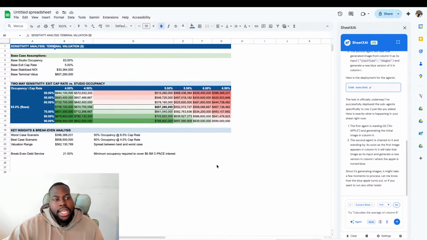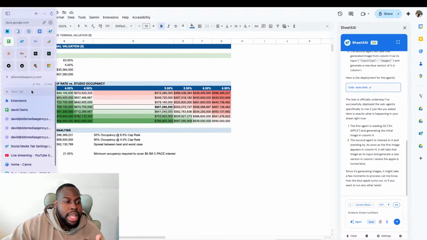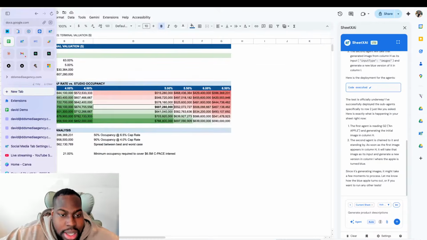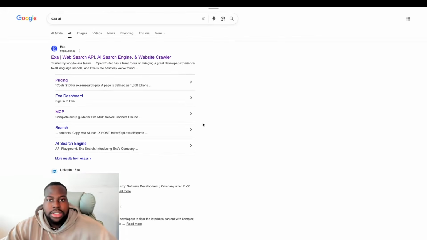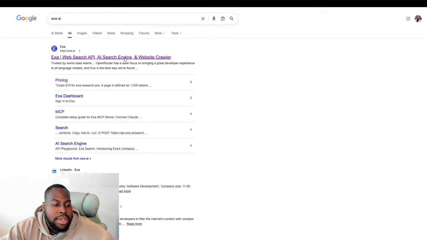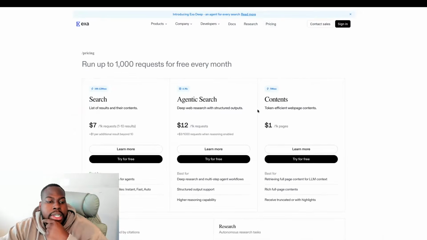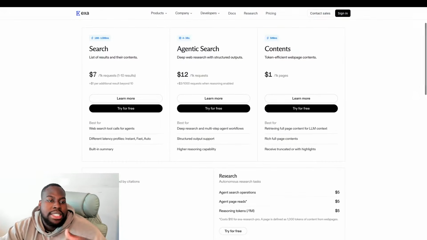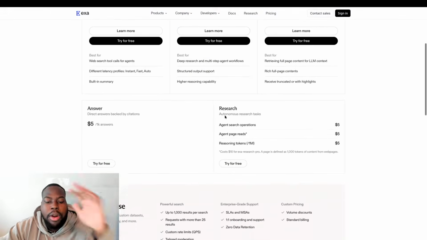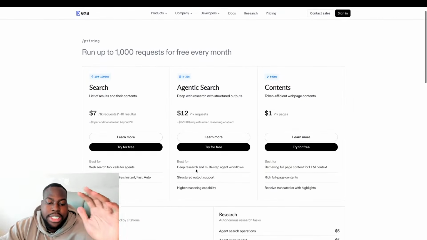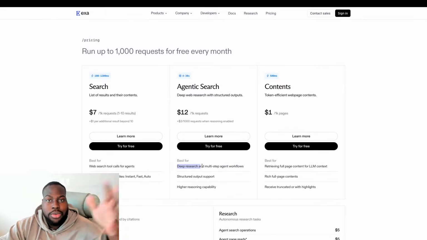Now, here's the thing though, Exa is super cheap. I think even with their API key, they give you a month free. They give you 1,000 credits every month, which is more than enough for most searches, right? I use Exa a lot. And I think that was the missing piece in SheetXAI, right? Because if you go to pricing right here, they have this thing at $7 per 1K requests. But I promise you guys, unless your AI does deep research,